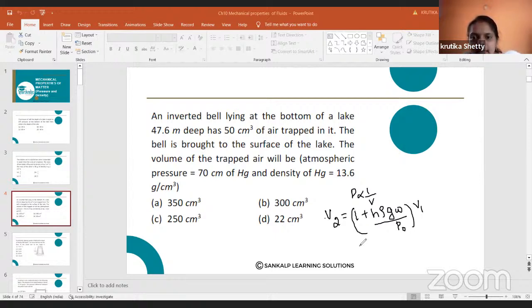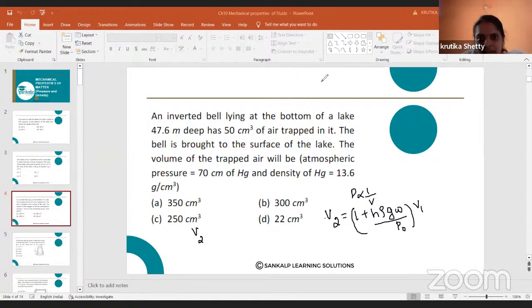So volume they are asking. We know the pressure and volume relation: pressure and volume are inversely proportional to each other, right? So whatever the equation is there for pressure, its reciprocal becomes the volume equation, that is V2 is equal to 1 plus rho gh W upon P naught into V1. So substitute all the values here. So if I substitute, V2 is equal to 1 plus,